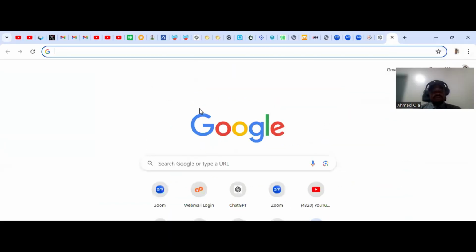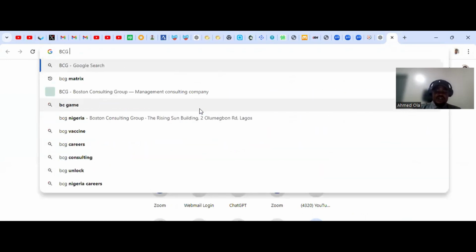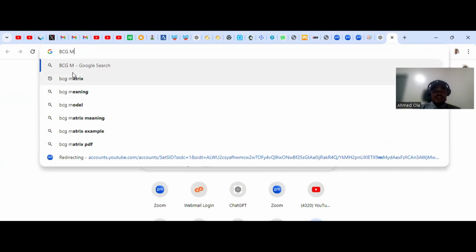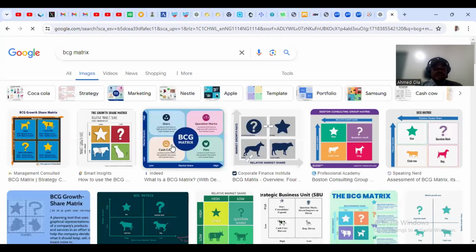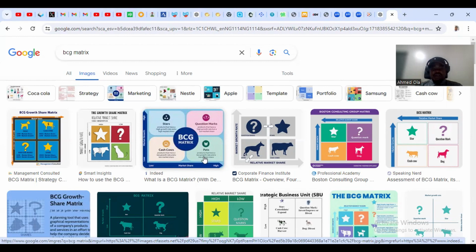So let's look at some visuals or some infographics from the BCG matrix. So you can see now, same thing what ChatGPT does. We have the stars, the cash cow, the question mark, and the pet, or some call it dog. That's what you can see: the star, the cash cow, question mark. So the stars are probably the high market share and the high growth share. Yes, so now you can inverse this and look at how